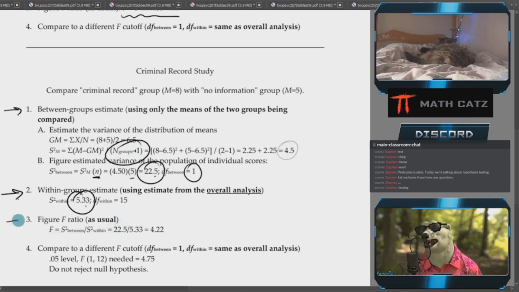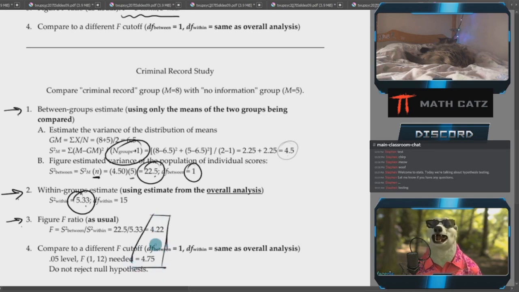And then we calculate our F-score, or F-ratio, as usual, between estimate over within estimate. Our cutoff isn't quite the same because our degrees of freedom is different. The numerator one is now 1 instead of the 2 because I only look at 2 groups and 2 minus 1 is 1. Previously I looked at 3 groups and 3 minus 1 was 2. So it's not quite the same cutoff either. I do compare these 2,